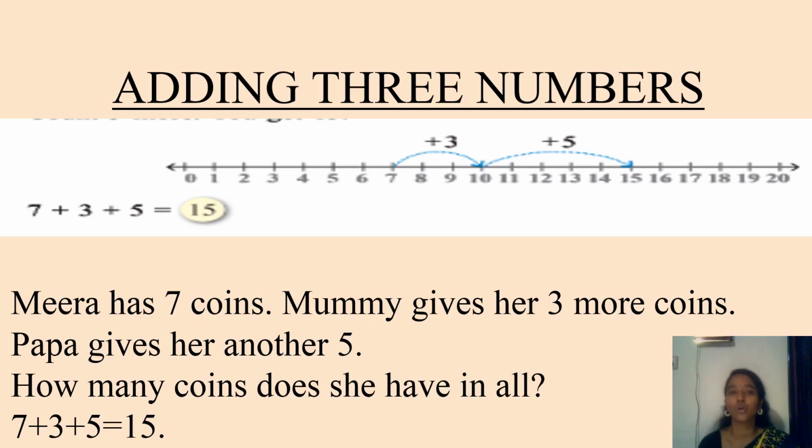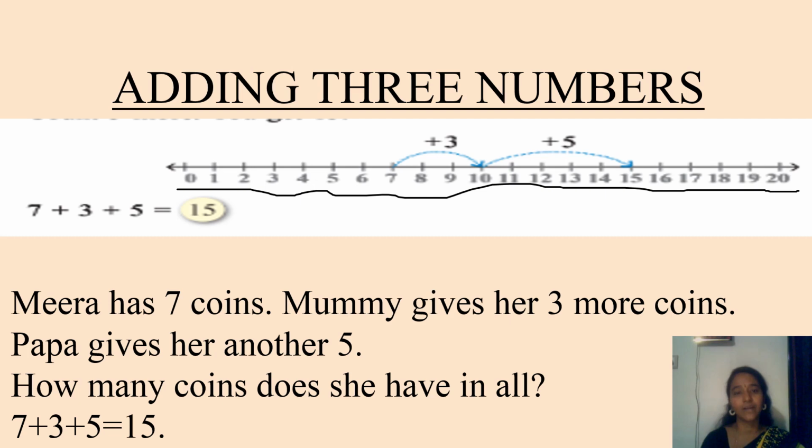Next we will go to adding 3 numbers using a number line. You know what is a number line first? You have to draw a line starting from 0. See, I draw a line starting from 0 and I extended the numbers up to 20. You can draw a line like this and keep the numbers on that line. This is called a number line. Why number line? It is very easy for adding.